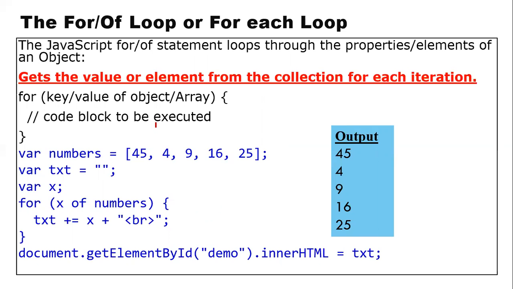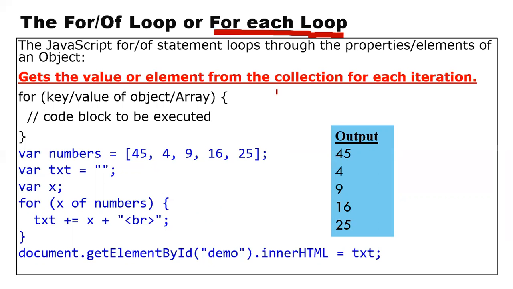Or we have one version of loop which we call the for each loop. So what does this for each loop mean? This for each loop gets me the elements of the array, accessed at each iteration, that is, for each repetition it fetches one value from my array for us. So it is going to fetch one value from the array and return it to me.